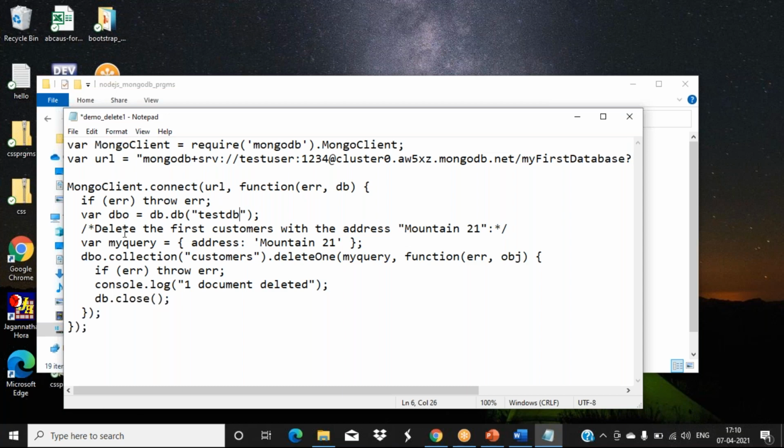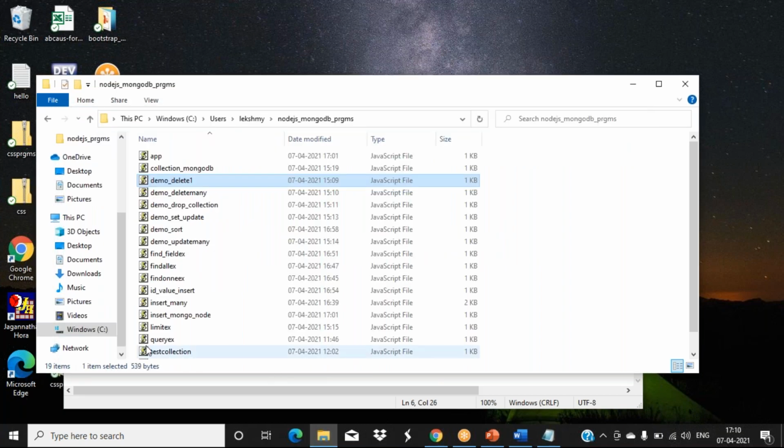So here what we are doing is delete first the customers with the address, this Mountain 21 address, whoever is having. From there we are deleting those details. Okay. Before that, I'll just show how to give that query type of thing.